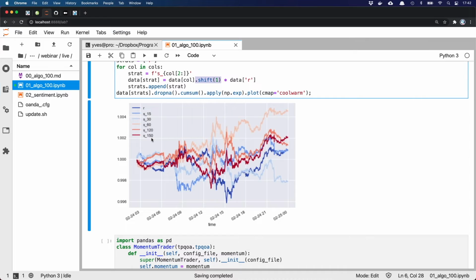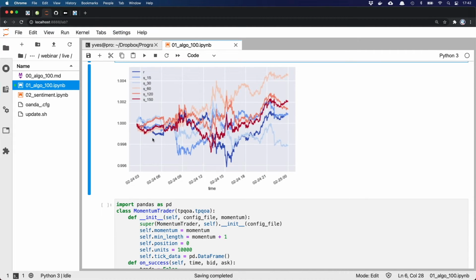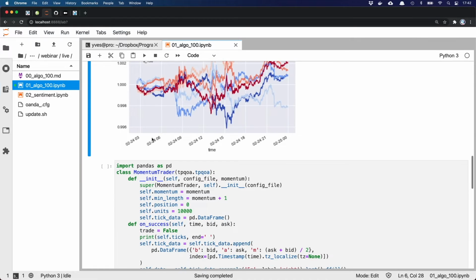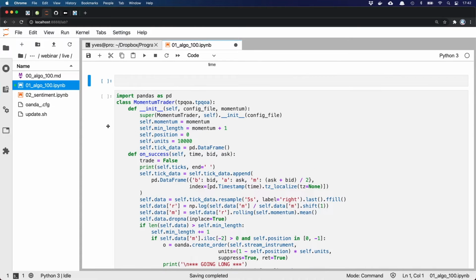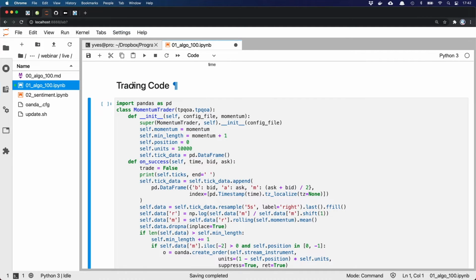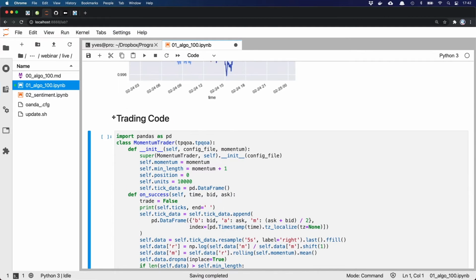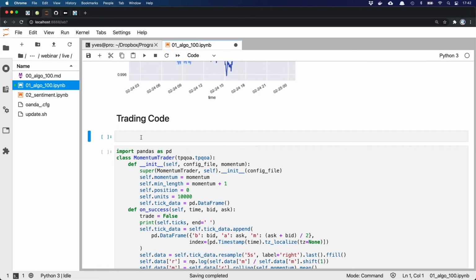But change the data, and probably the numbers change significantly. Or I can say, change the day for which you analyze the data, and the numbers will change as well. And now we have the trading code here, right? So that's the trading code. Before I get into that, let me maybe do a little bit of demonstration.